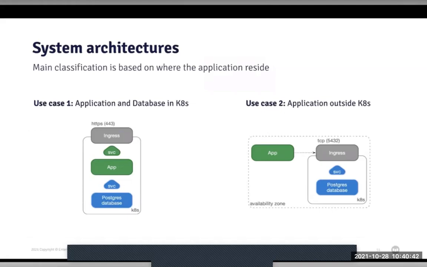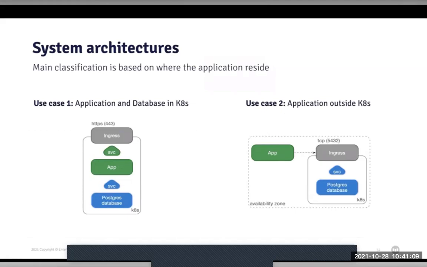It removes the variability between development, staging, and production environments, and additionally enables CI/CD pipelines at the application level. Technically, the stateless application is managed as a deployment with an underlying replica set and is exposed externally through an ingress. The database is managed by the operator, which exposes a service to the applications,